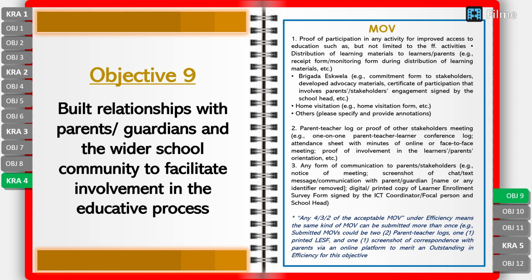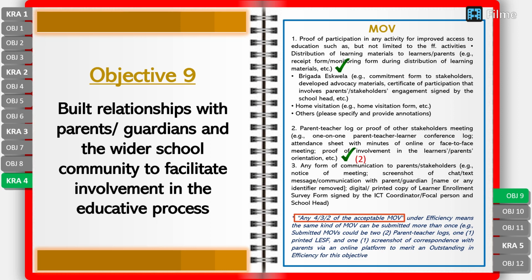For efficiency naman, makakuha tayo ng 5 if we submitted any 4 of the acceptable MOV. When we say any 4 of the acceptable MOV, it means the same kind of MOV can be submitted more than once. In my case, ang aking attachment dito ay isang receipt form during distribution of learning materials, 2 parent-teacher